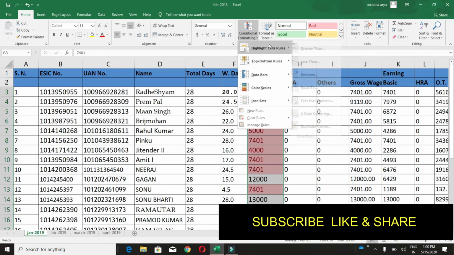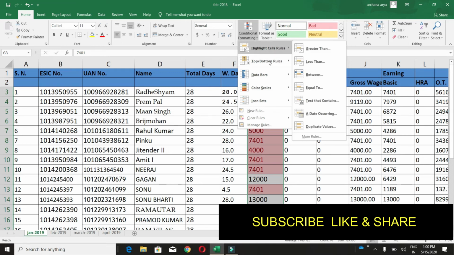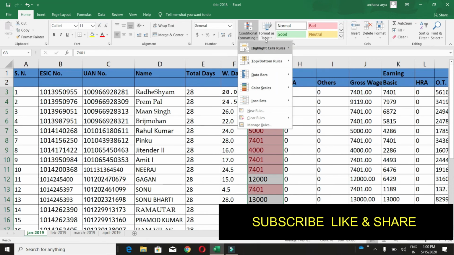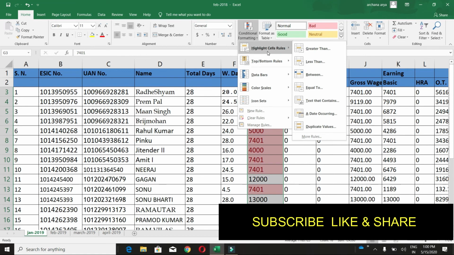So we have understood the two options here. Highlight cells rules, in which we highlight cells to know the greater than, less than, between, equals to, and text, if we want to find or highlight some text, or some date, or duplicate values and unique values.